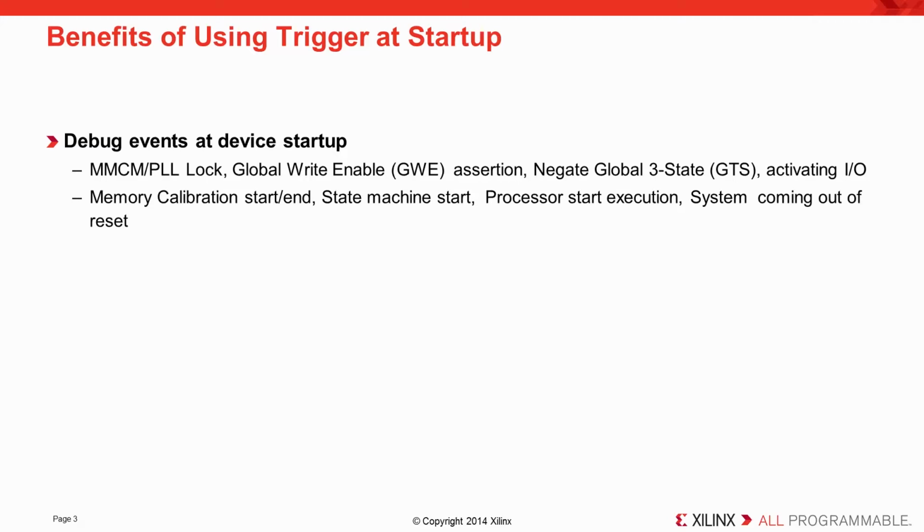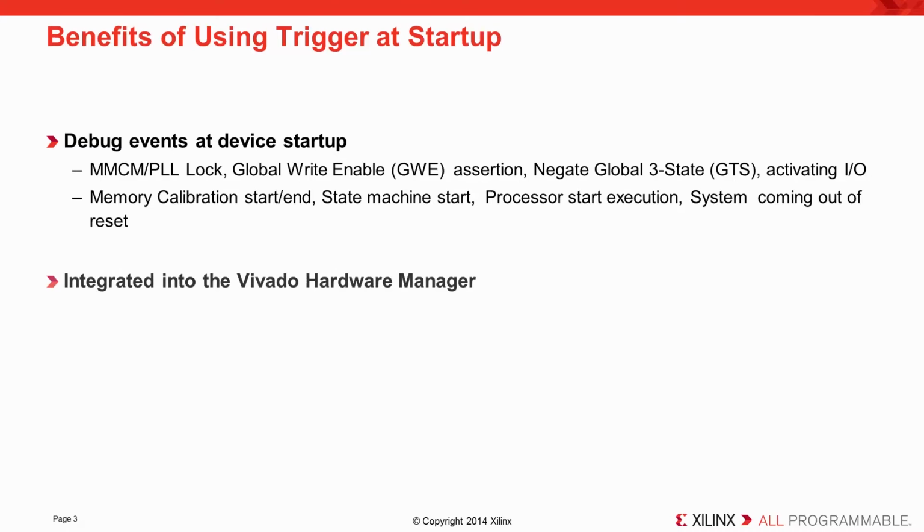This feature can also be used to debug events close to device startup. Some common design-specific events around startup might include memory calibration start-end events, state machine start events whose execution starts right after the startup sequence,